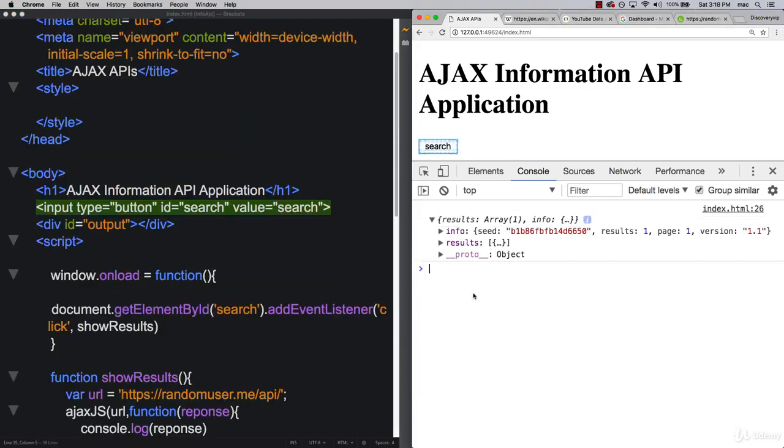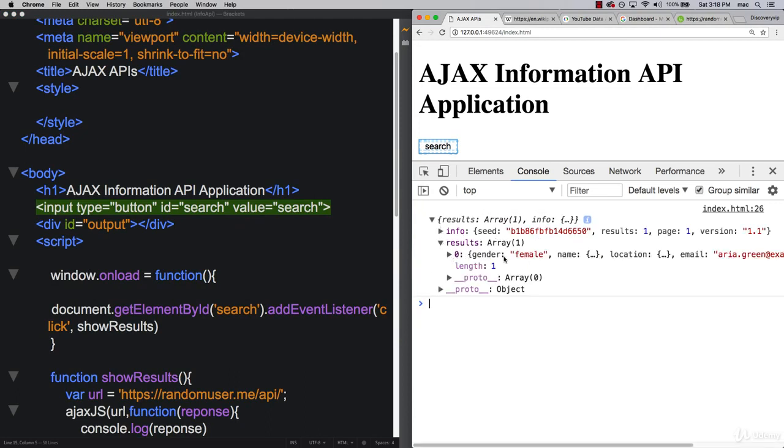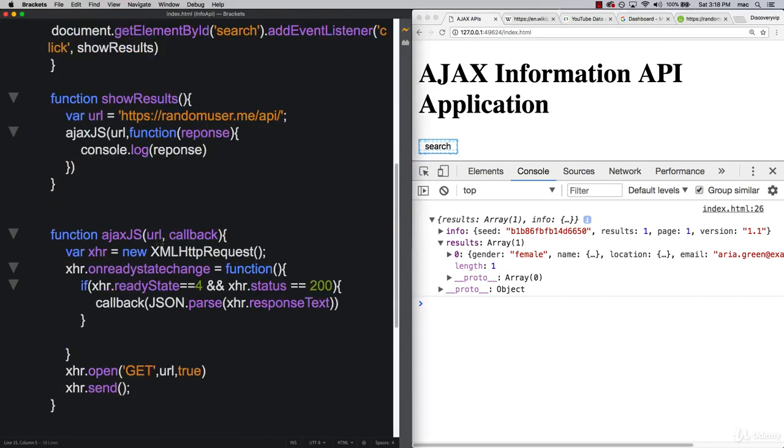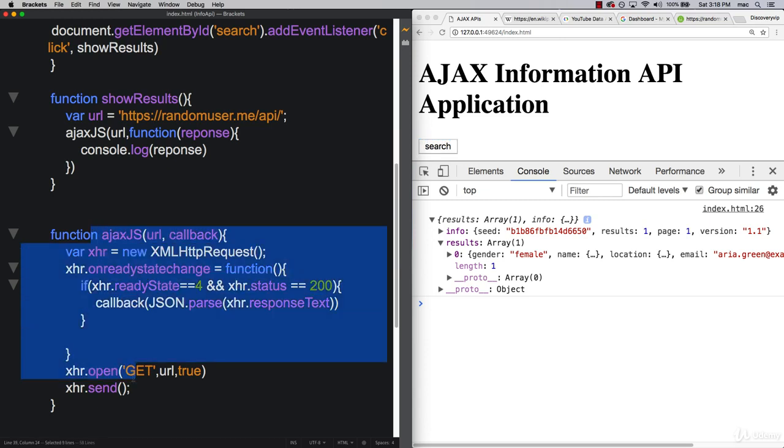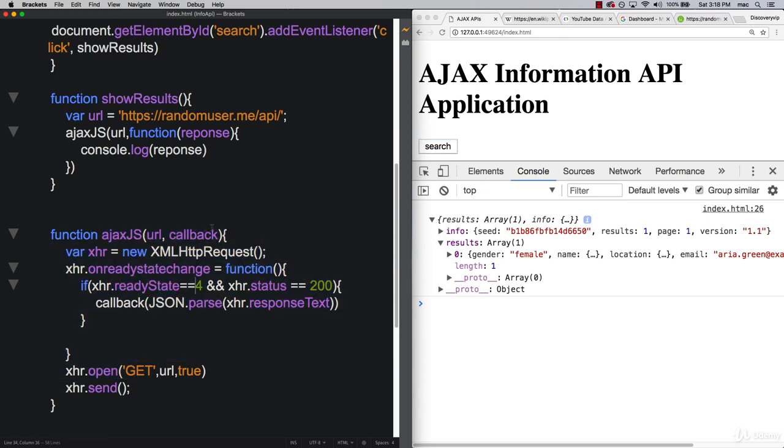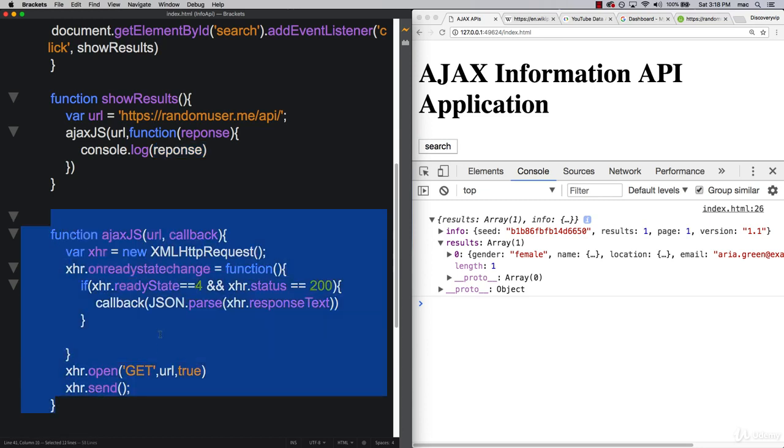So there we go. We did get the results back, and we can also customize this. If we just wanted the info, we could get the info there. If we wanted the results, this is within an array format, and at this point we could actually loop through the results. More on this coming up. We just wanted to make sure that our AJAX call in JavaScript is fully functional, returning back that response data. And this is a function that we can reuse over and over again